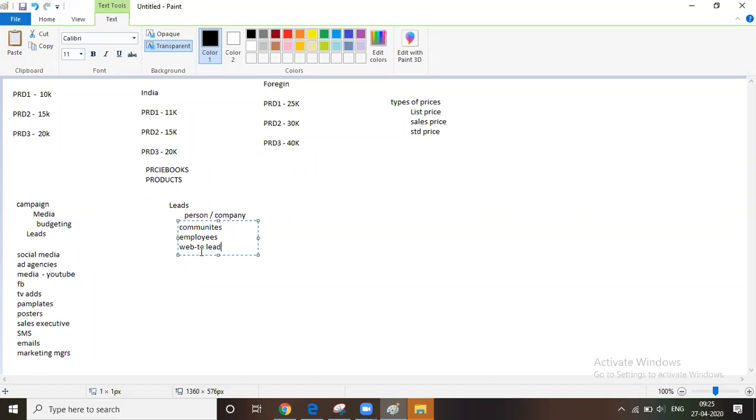For example, the credit card department. If I go to the bank for a credit card and do an inquiry, a person went to the bank and asked the details for a credit card. He wants to get a credit card. So the customer goes directly to the bank employee, and the bank employee will create a lead in the lead object. So that lead is created by the bank employee, so we call it employee. Lead is created by the employee.